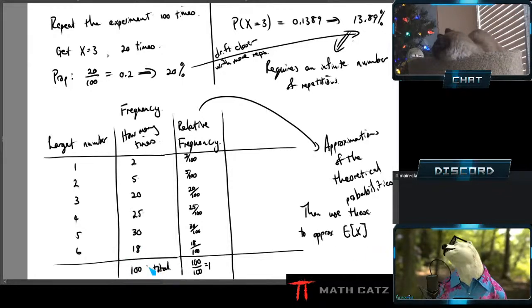More repetitions. More repetitions. And if I get to 10,000, 100,000 repetitions, a million repetitions, I'm going to be so close to the actual probabilities, to the actual expected value, that it's as good as the real thing. All right. So I'm going to stop here,